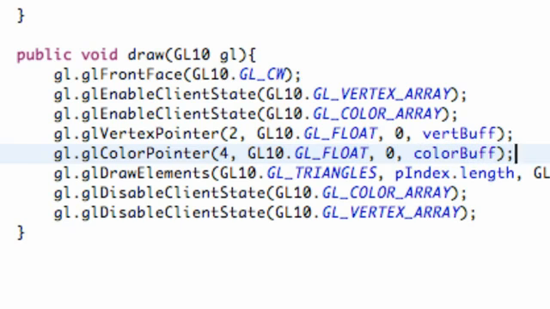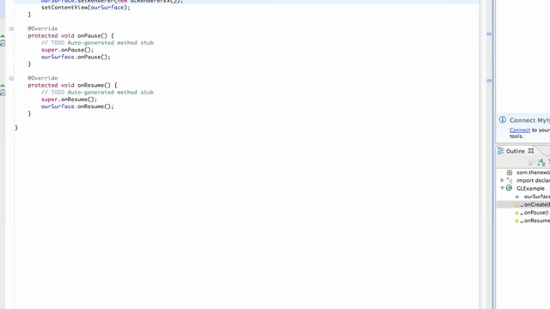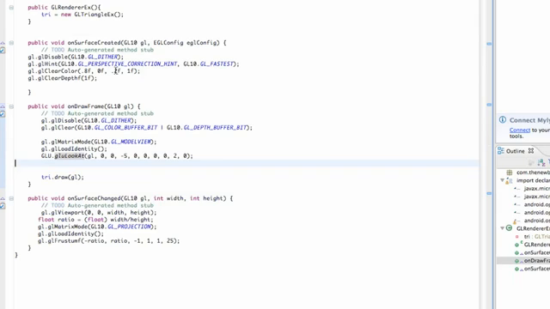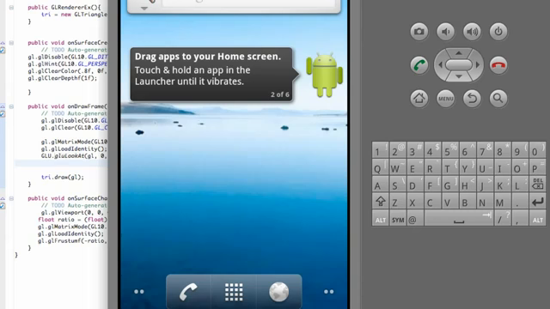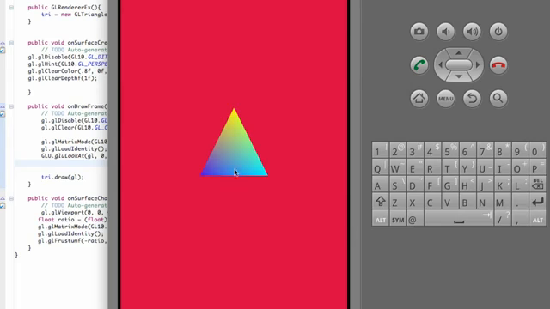And there we go. Let's just try and run it. Hopefully everything works. I don't think we need to set up anything within our renderer class. Yeah, our renderer class should be fine. We don't have to change anything there. And there we go. We have this crazy looking triangle with different colors for each one, and that's pretty much it for the OpenGL stuff. I know we went kind of quick through the colors